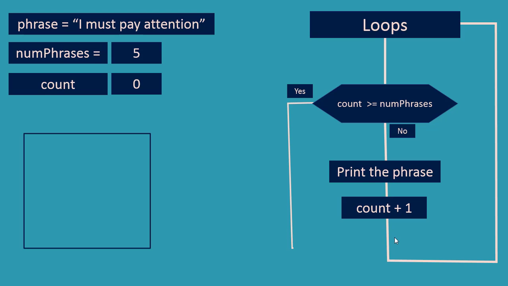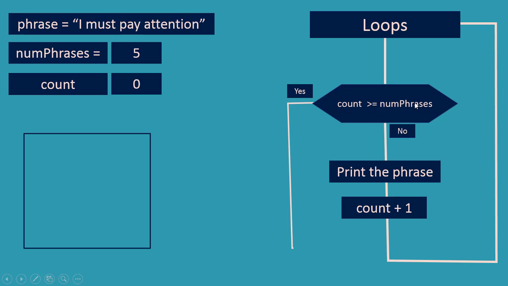Let's go back to the example. We have the phrase that is going to be written 5 times, which is "I must pay attention." Then we have the number of times we are going to write the sentence. I will call this variable num phrases. Finally, we have the variable that counts how many times the sentence has already been written. I will name this variable counter. In the loop condition, we have that the loop will repeat itself until the counter variable is greater than or